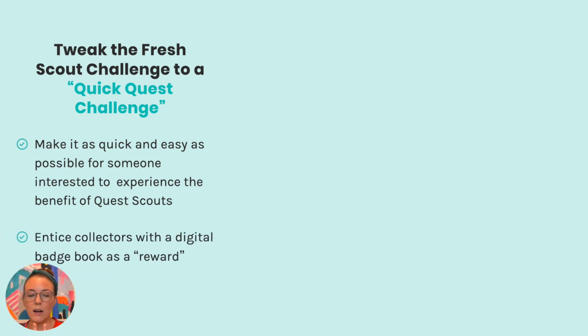Also, a part of the strategy is to entice collectors with a digital badge book as a reward. So you want to give them a reason for completing this quick quest. And part of the fun of joining Quest Scouts is collecting badges and the whole gamification. So what better way to give them a taste of that Quest Scouts experience than giving them a digital badge book, which is a digital representation of the physical badge book that a lot of the